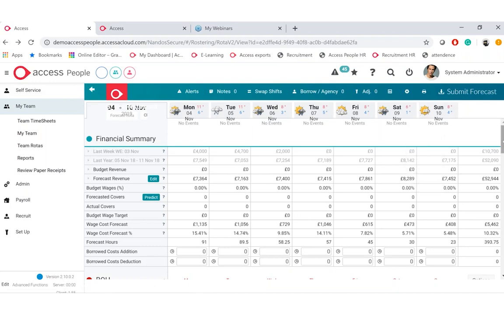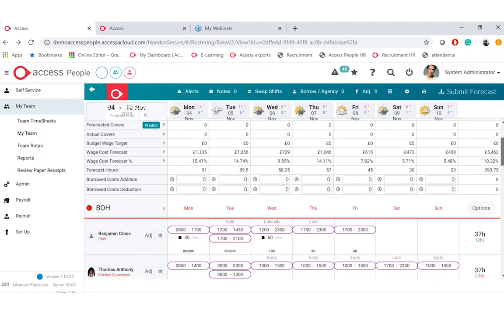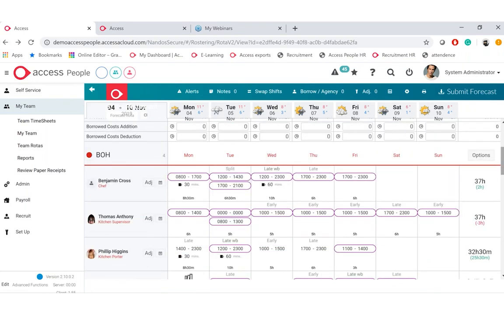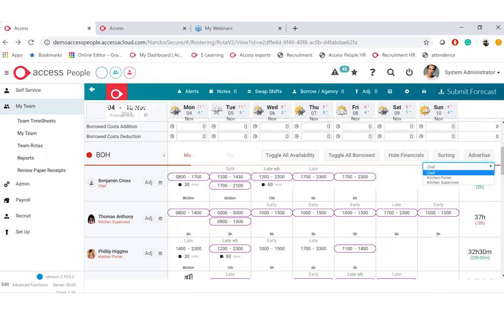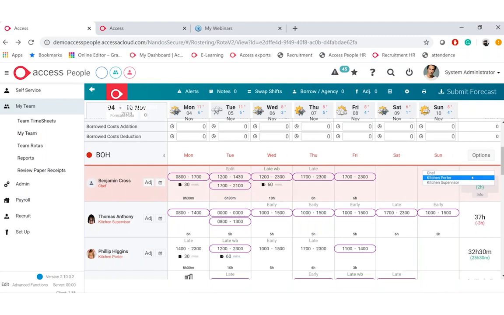What you can also do is, if you have any shifts that you want to fill, say for instance someone's gone on long-term sick or someone's taking some annual leave, we can also advertise shifts. I'm just looking at the back of house at the moment, and these are the shifts that are available in this rota. I can advertise that, and then employees can come and bid for those shifts. Once they bid, it will record that information, and then they will be able to log in later on and see if that's been accepted. But you will always have that last opportunity to choose.